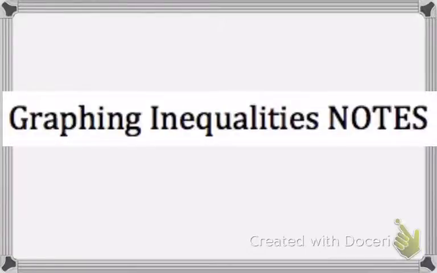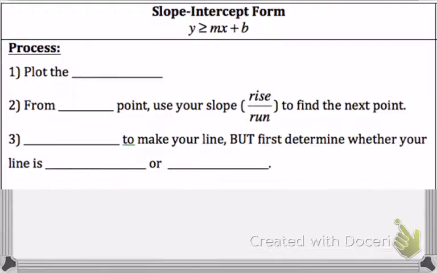All right, everybody, let's fill in some notes on graphing inequalities. So when it's written in slope-intercept form, instead of y equals mx plus b, we have some sort of inequality here. We are still going to first plot the y-intercept, which of course is your b. And then from that point, you're going to use your slope, rise over run, to find the next point. And then you are going to connect them